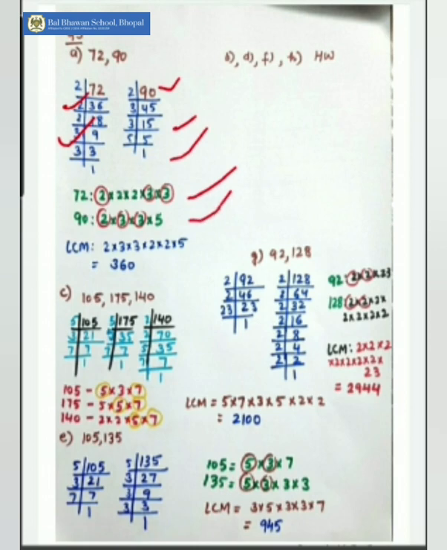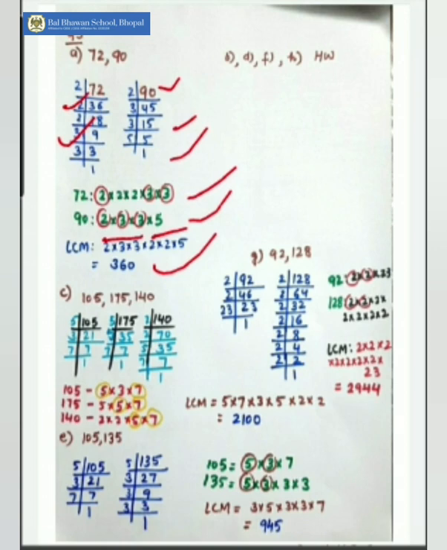Now what I am going to do is find out the common factors over here. The common numbers are 2, 3 and once more 3. Those common numbers we will write only one time, and the numbers which are uncommon, we are going to copy down as they are. Now I am going to multiply all these numbers to get my LCM. So on multiplying 2 into 3 into 3 into 2 into 2 into 5, I'll get the LCM as 360.